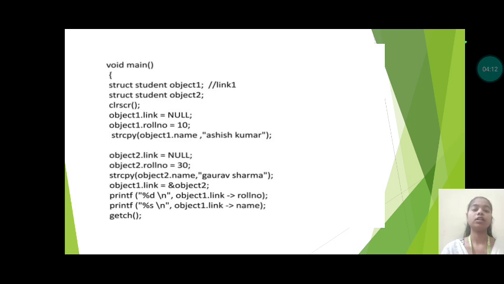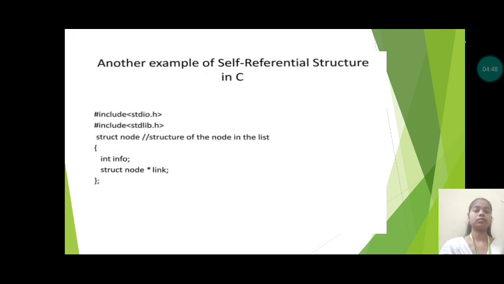object2.roll number = 30; strcpy(object2.name, "Gaurav Sharma"); object1.link = &object2; printf("%d\n", object1.link->roll number); printf("%s\n", object1.link->name); getch();